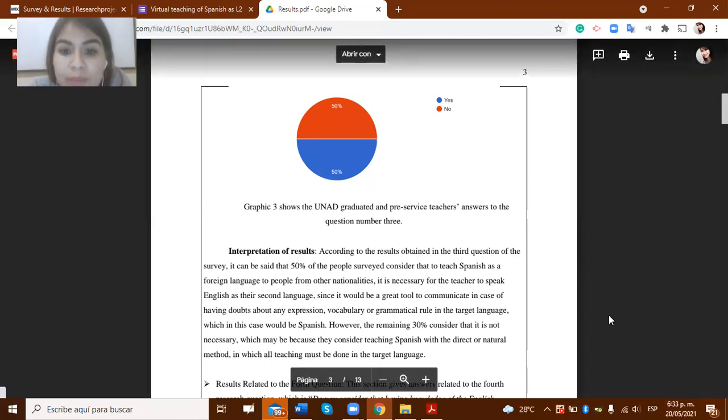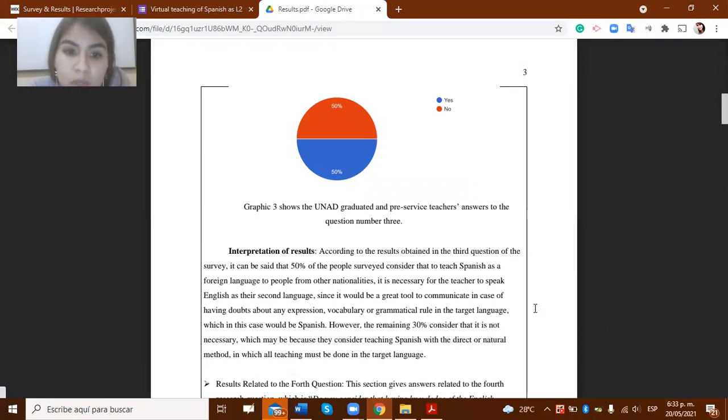And the remaining 50% consider that it's not necessary, which may be because they consider teaching Spanish with other methods such as direct or natural methods.